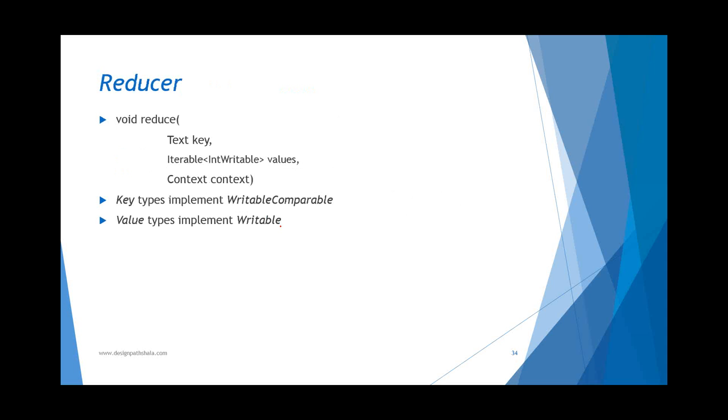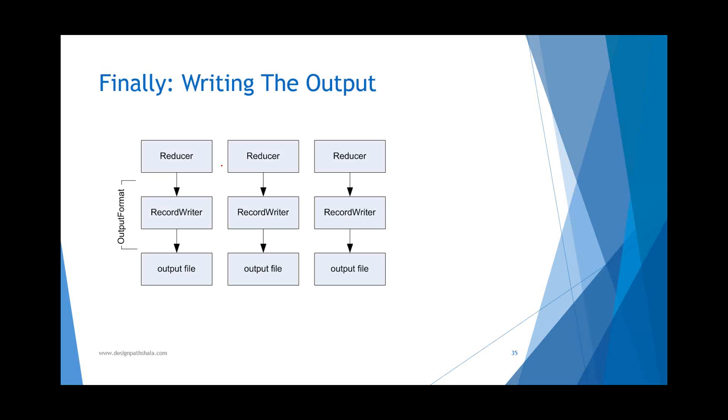So the output of the mapper is input to a reducer. The output key of your mapper is equivalent to the reducer input key, and the value is what is output from your mapper, equivalent to the type produced from your mapper. These can't differ. The only difference is that those values will be coming as a list to my reducer input, and the keys are writable, comparable. The values are writable. So as we discussed on the mapper side, similarly